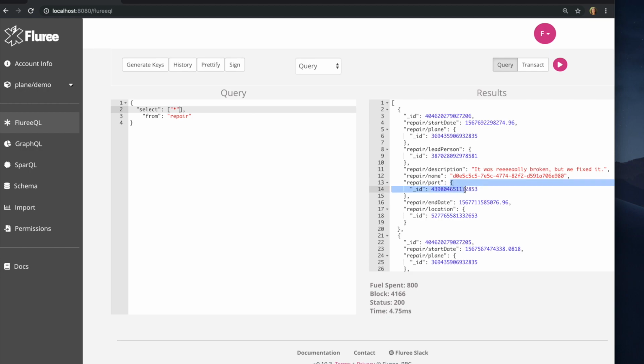And for simplicity's sake, since this is all randomly generated data, each repair has a single part. But if you're doing this in production, you'd probably want to make this a multi-ref, so each repair can hit multiple parts. But here's an end location, and here's an end date, and here's the repair location. So repairs have locations, and those are the locations where the plane was at a given point in time when it was being repaired. And you can explore this database in further detail, but rather than do that,